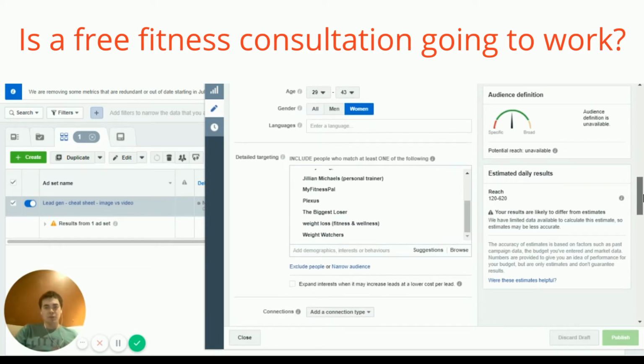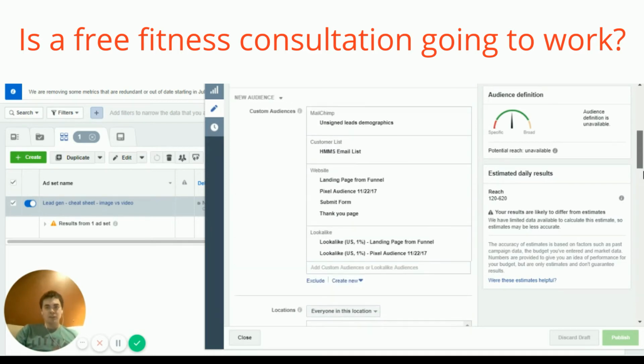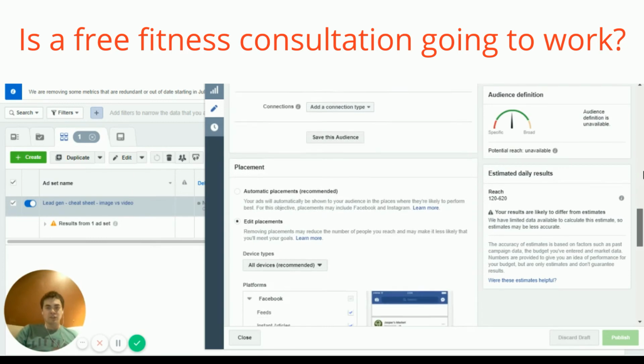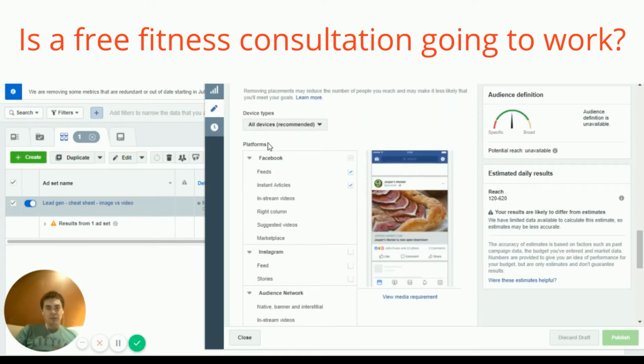And because this audience is so small, your CPM is going to go way, way up. So it's in your best interest to reach more people and let Facebook's powerful platform find the people interested in your ad, rather than trying to narrow it down yourself like this, because that's going to drive your ad cost up so much. The other thing here is I would, in almost all cases, go mobile only, because